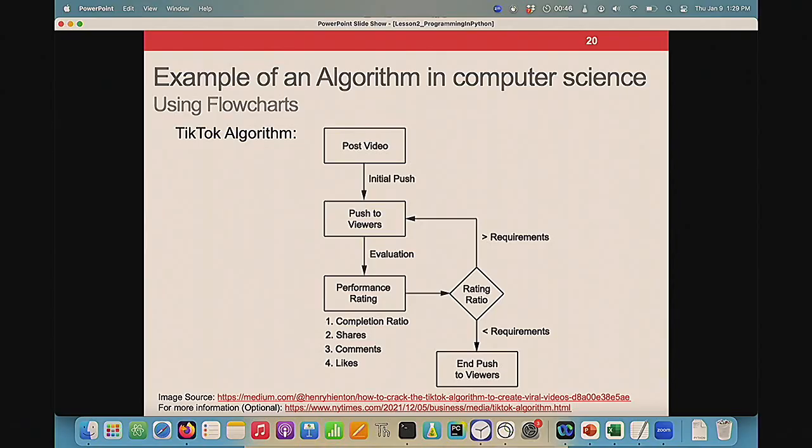Another example of a flowchart is the TikTok algorithm. I mean, it is a well-kept secret. I'm not sharing the secret of TikTok and how they work, but this is just somebody who tried to think about how the TikTok algorithm might work. So, for example, somebody will post a video, and it will have an initial push. It will be pushed to viewers, and there will be a performance rating computed based on the completion ratio, the number of shares, the number of comments, the number of likes. And that's how TikTok will decide,